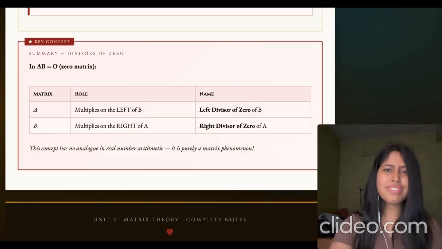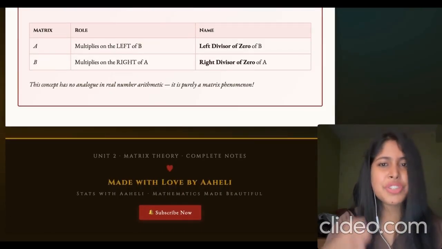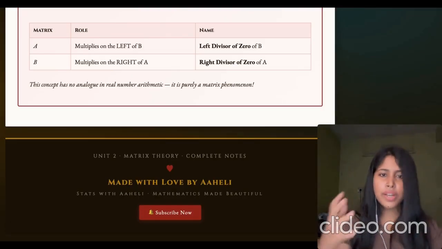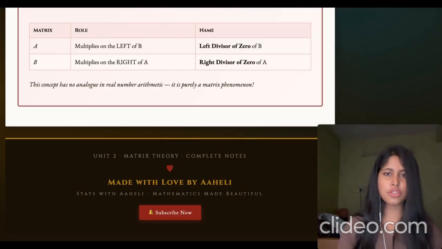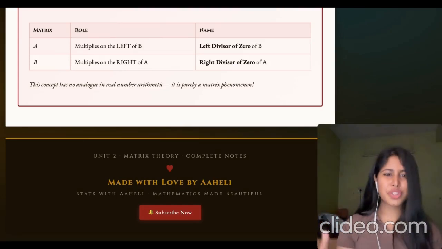Okay, so basically that is all for our basics of matrices. We have covered the definition, the special types, the null, square, diagonal, scalar, identity, triangular, the transpose, and all the four theorems on operations. And then we went deeper into the divisor of 0, right? And that is basically all for today's class.